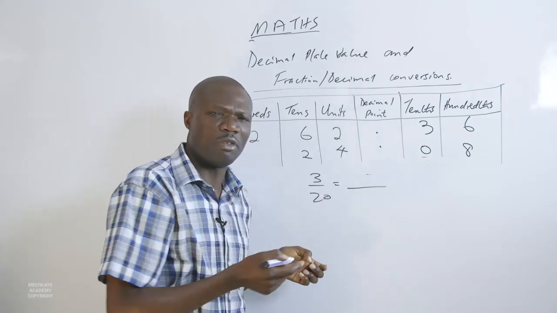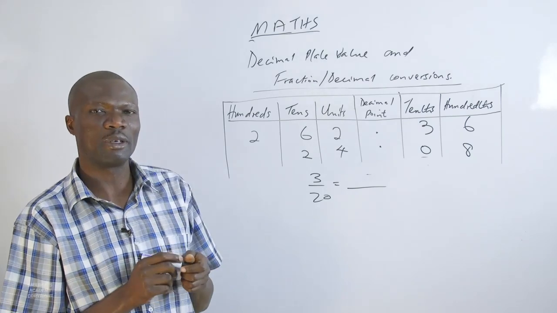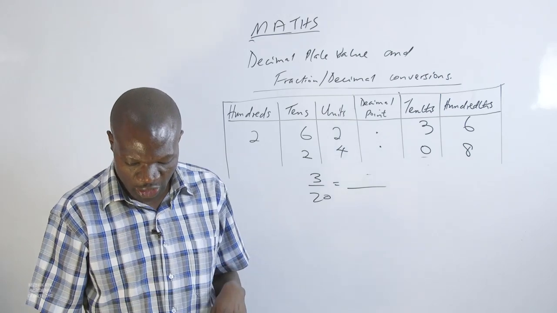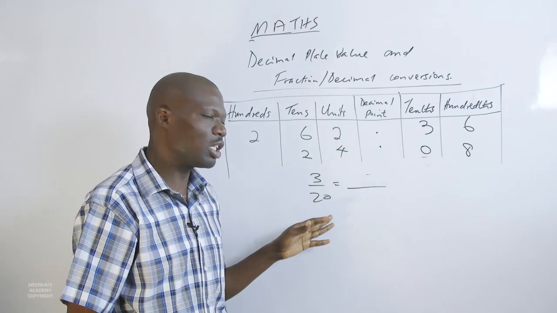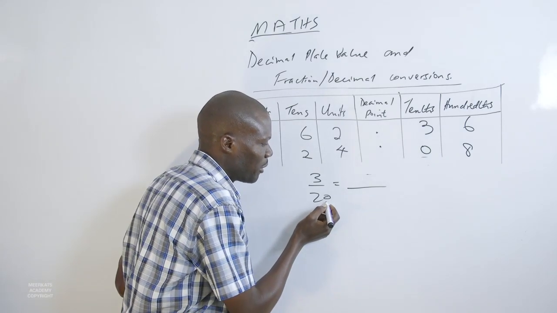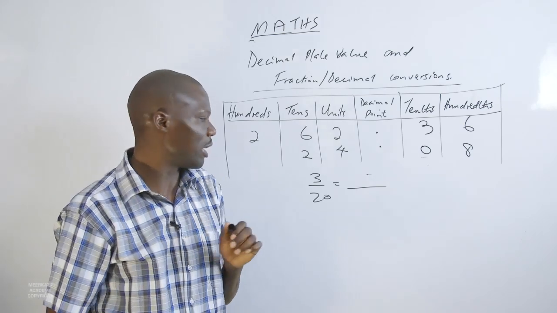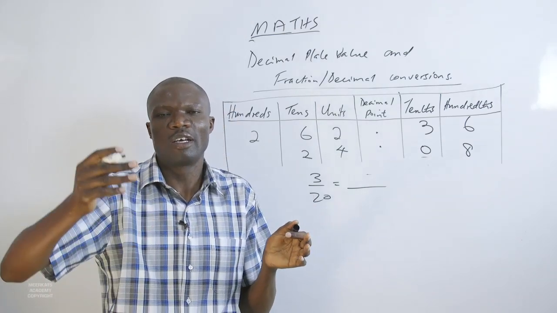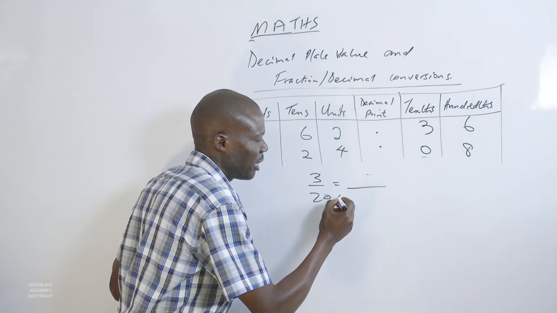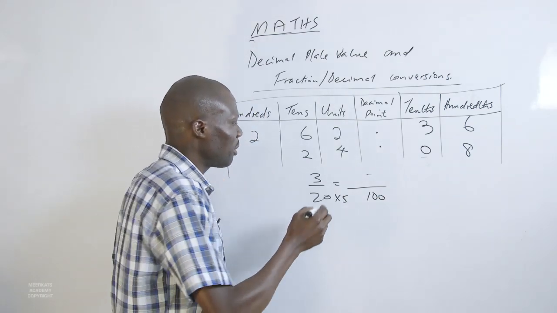For example, 3 over 20. 20 is not a multiple of 10, neither is it a power of 10. So we shall be required to see what to do with this. What can be multiplied by 20 to give us a multiple of 10 here? Like 10, 100, 1,000, and so on. What can be multiplied here? So you multiply here by 5, you will get 100. The same should happen up here,